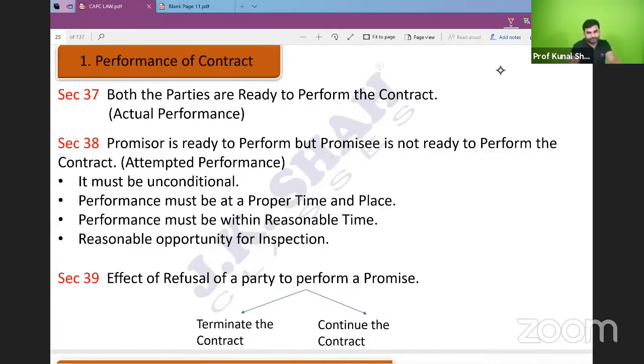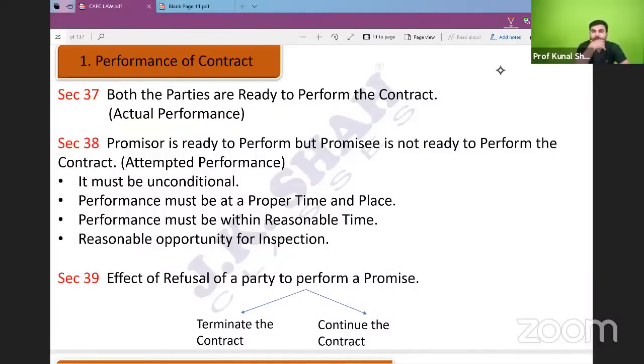Section number 38. Promisor is ready to perform, but promisee is not ready to perform the contract. So can I say promisee is trying to do a breach of contract? In that case, promisor will now not perform, because he has already got the knowledge that I am ready to perform, but promisee is not ready to perform. Then why should I perform? But promisor at least gave an attempt to perform, but he could not perform because the promisee has refused to